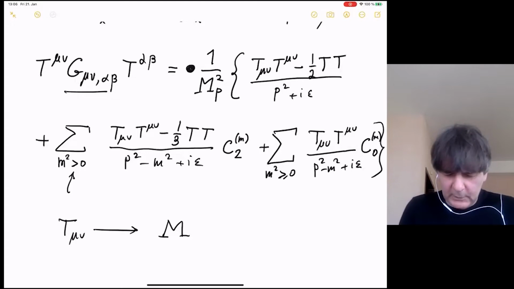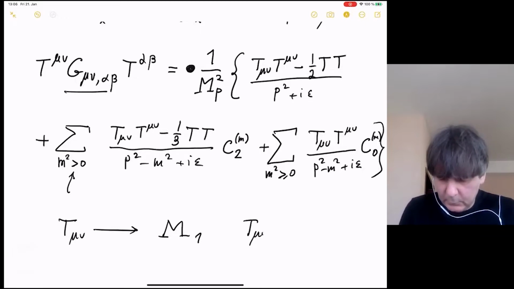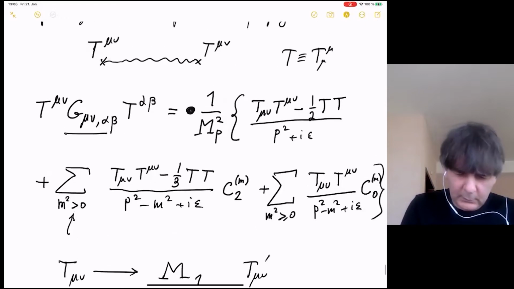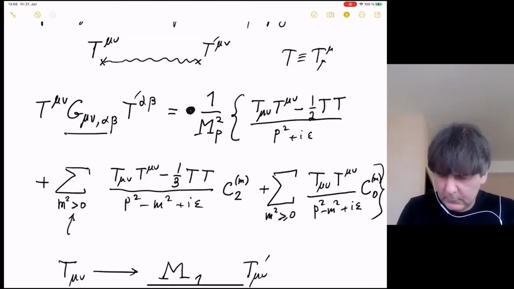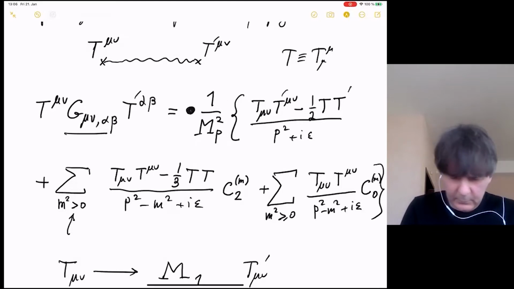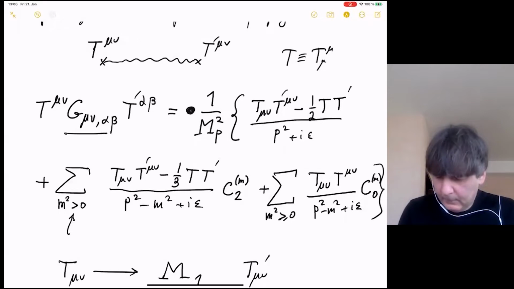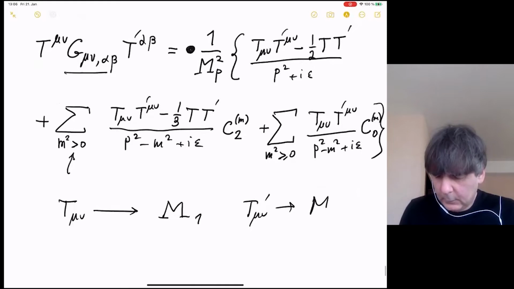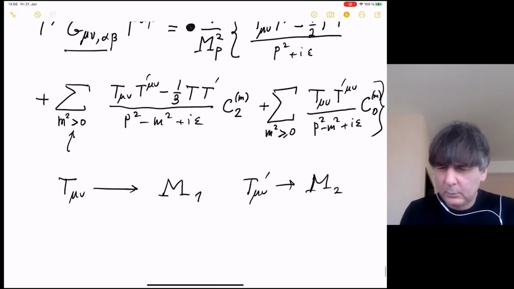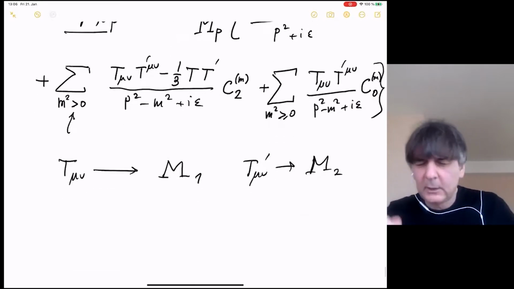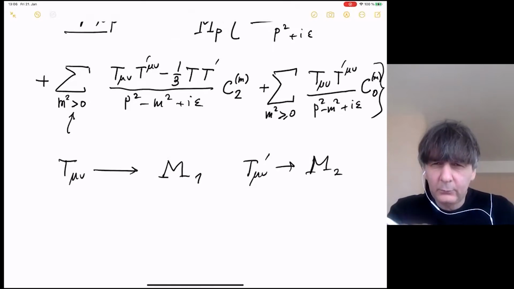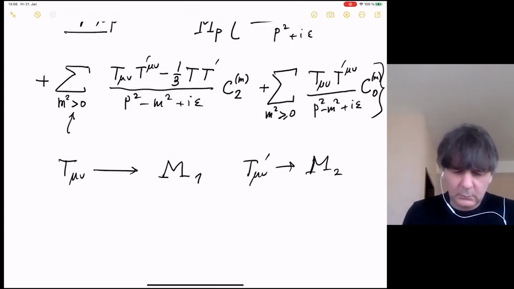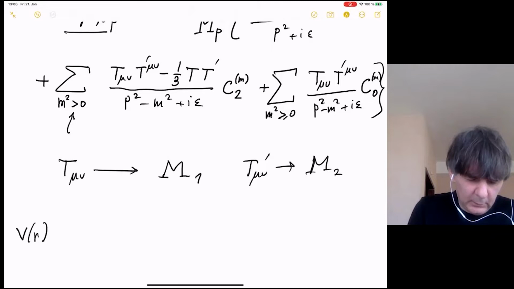Let's say we do this exchange between two sources of mass M1 and M2, with T mu nu and T prime mu nu. A non-relativistic source of mass M2, in particular, to get a Newtonian limit of this generalized gravity. So in the Newtonian limit we will have